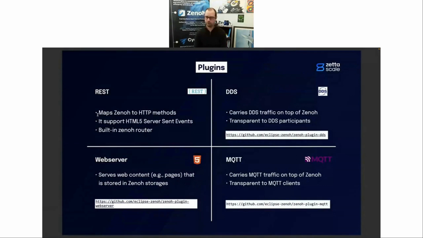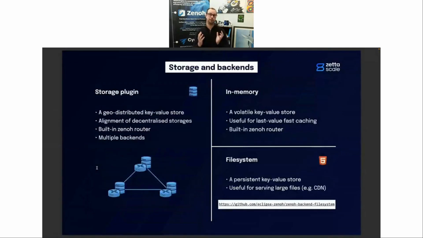In addition to that, we also have a plugin for web servers, if you want to serve web content, but also to bridge with other communication messaging protocols like DDS and MQTT. Plus, as we've seen today, for tutorial purposes we created a storage, but out of the box Zenoh comes with a storage plugin that helps in creating and integrating with different storage technologies. This built-in Zenoh router supports multiple backends,